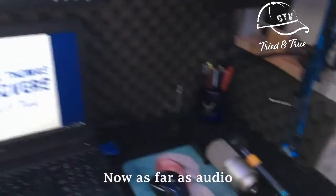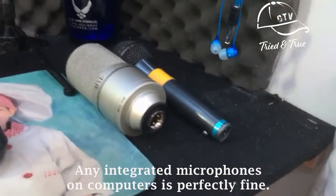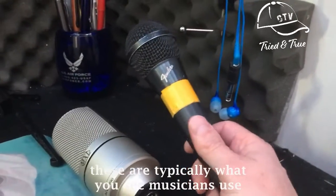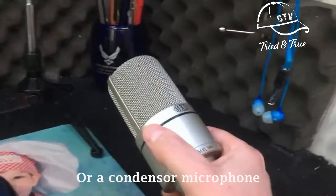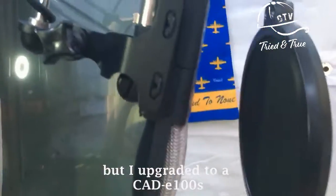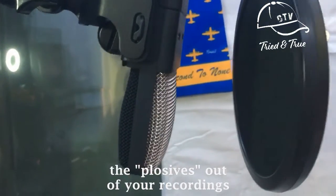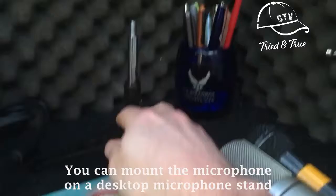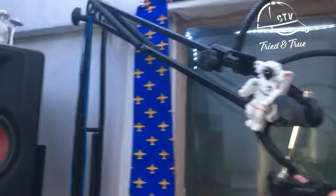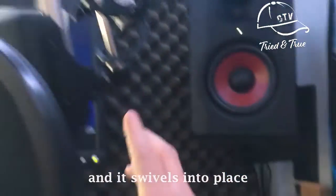Now, as far as audio, you can use a variety of microphones. Any integrated microphone on computers is perfectly fine, but if you want to beef it up, these are dynamic microphones. These are typically what you see musicians use, or a condenser microphone. This is one I've used for several years, but I upgraded to a CAD E100S. This is a pop filter to keep the plosives out of your recordings. Now, you can mount the microphone on a desktop microphone stand, or what I prefer is a scissor boom stand. You can pick these up for maybe 20, 30, 40 bucks, and it swivels into place, attaches either to the